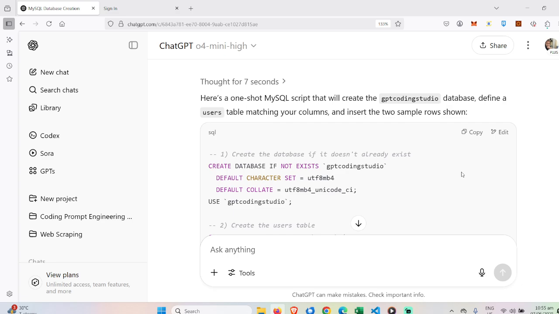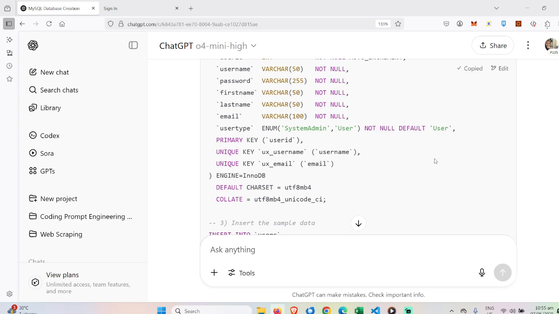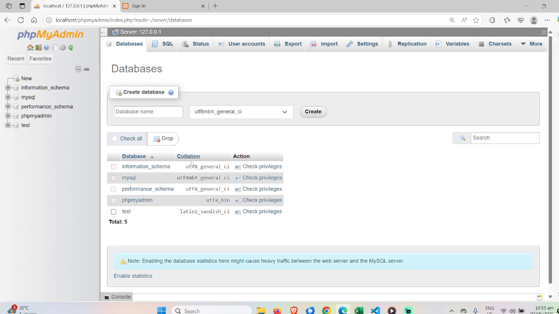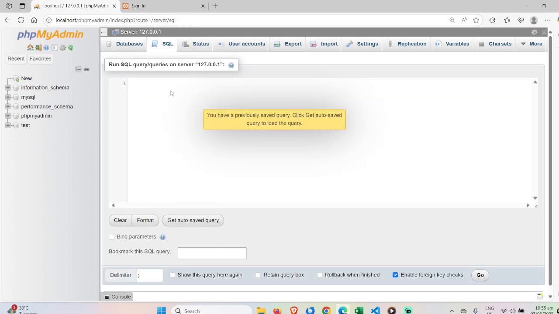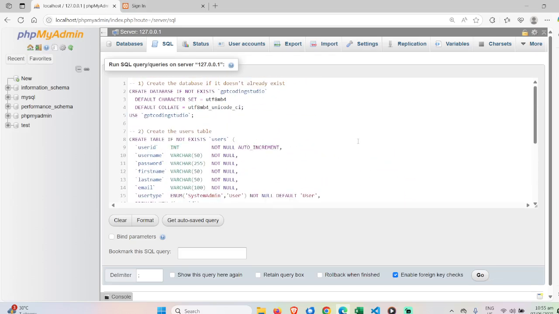So if I would copy this code and run the script creating the database and the users table into the localhost server, which is phpMyAdmin, I could just go to SQL and paste the code. So this is the code provided by ChatGPT, or the MySQL script.